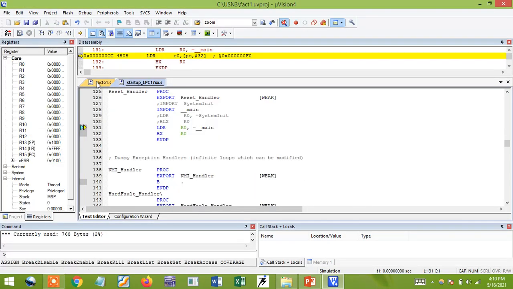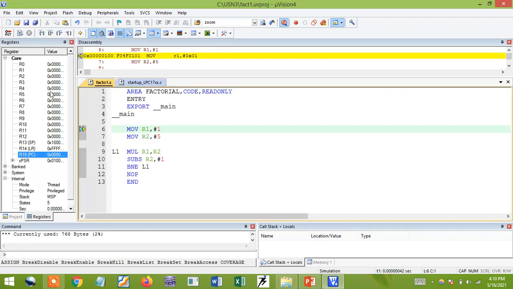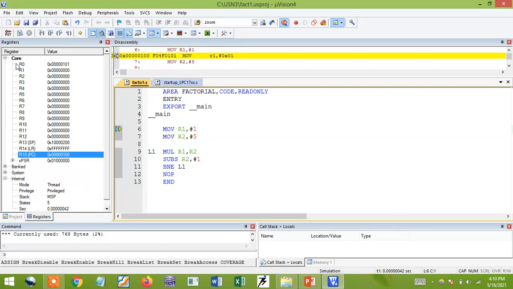Once you've done this process, next I'll go to debug. Okay, so this is my program. We'll analyze. Step in you can do, step over you can do. Step one line at a time, I'm doing line by line. You can check it out. First I want to check the register values. You can check R0 and R1, right now the value is 0. So I'll give step in.